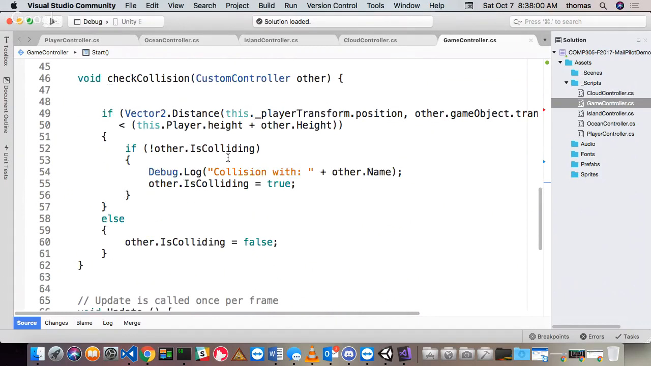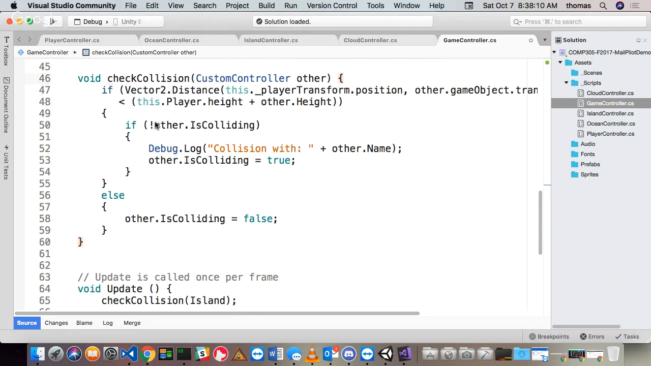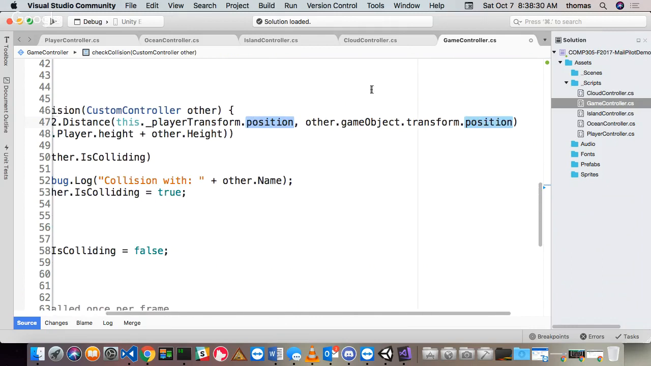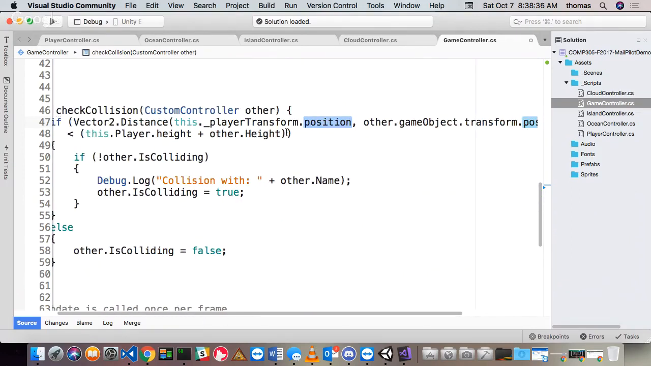right? But there's a couple things also I want to talk about. So my check collision method, what it does is it takes a look at any other game object, and it basically uses the built-in vector2 distance method, which calculates the distance between 2 points, right? That's the collision method I'm using right now. So it says, hey, take the distance between the player transform, the position, as well as the position of the other game object, right? And if this distance, the combined position, is less than the player height plus the other object's height,